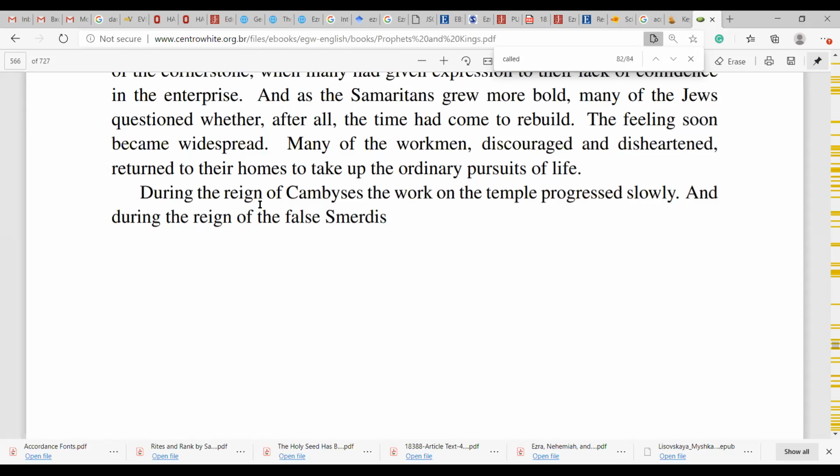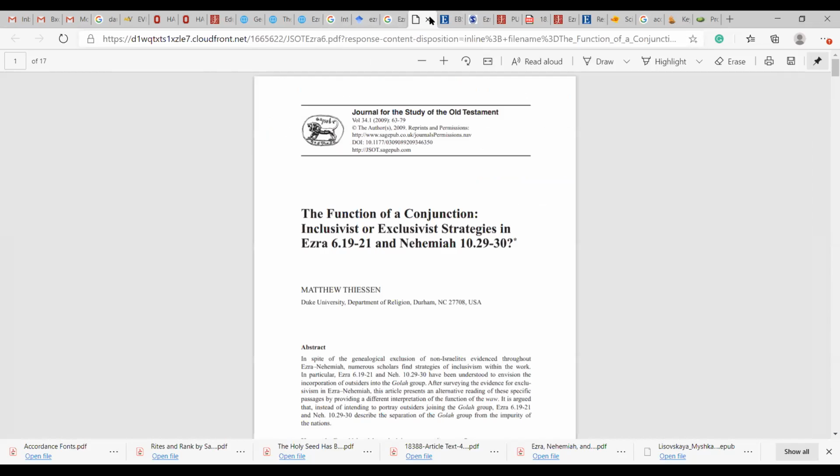And actually, false Smerdis had very little time to issue any kind of decree against Jerusalem and the building of the temple. And there are some other arguments for this position. But what is interesting, and what I would like to mention today, is that when the Sabbath School Quarterly